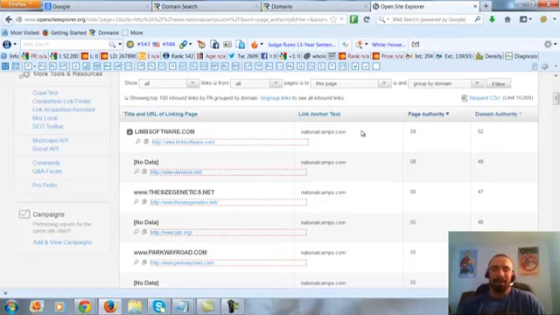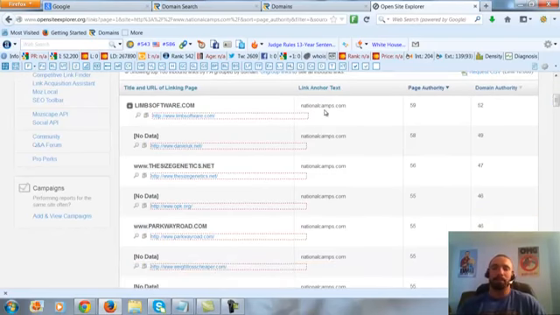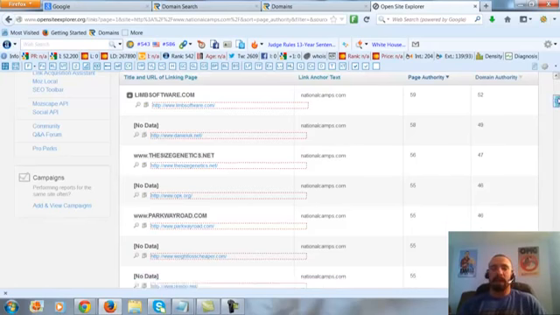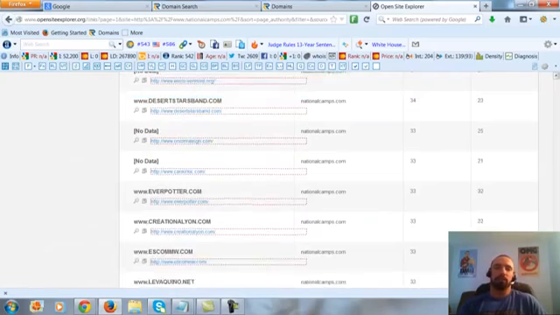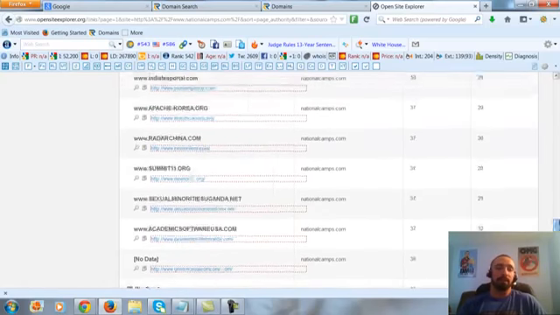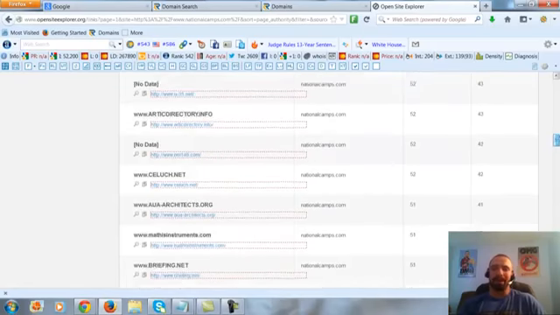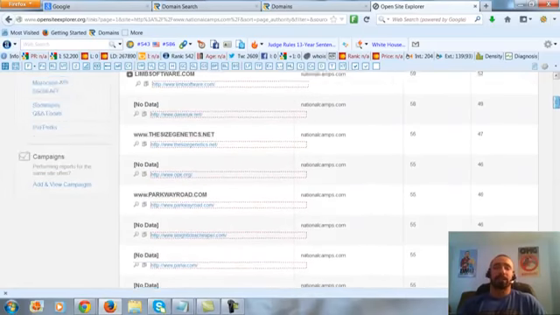But in this case, there wouldn't be this many links with the same exact anchor text, same exact capitalization, same exact way. Some would have HTTP, some would have www, some would have just the brand name as the anchor text, without any .com. So that's very unnatural, and it shows me that the person who did this site probably built these links themselves, or had it done by some type of service. So that's the second thing.